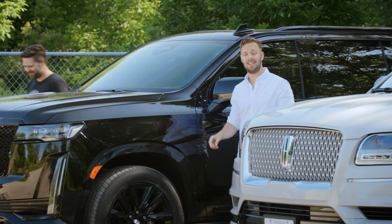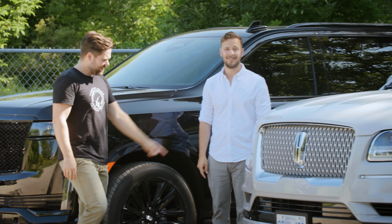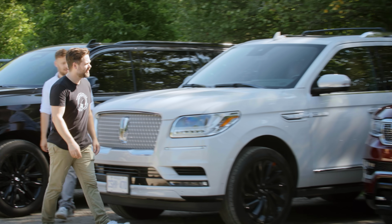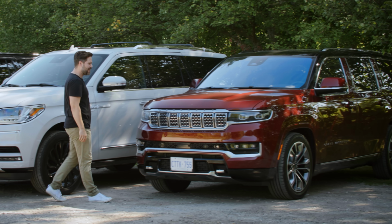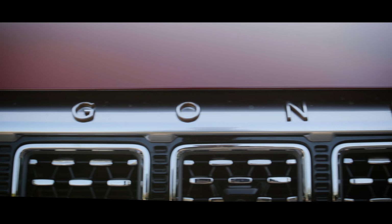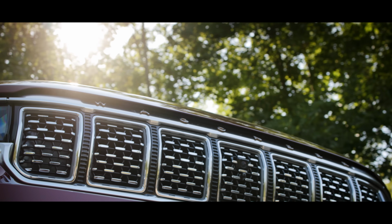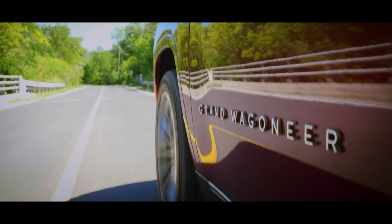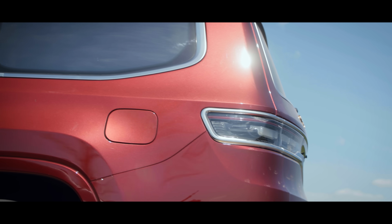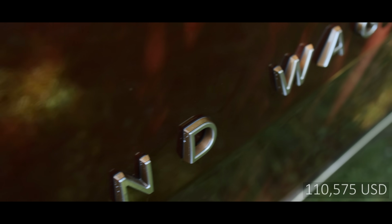But as much as we like it, this isn't the only big 3-row American SUV out there. You can get one of these, the Lincoln Navigator. And now this, the new guy, the Grand Wagoneer. The rebirth of an American icon that Jeep says will redefine our concept of American premium. This is a Grand Wagoneer Series 3, and as spec'd, this 3-row body-on-frame television screen extravaganza costs